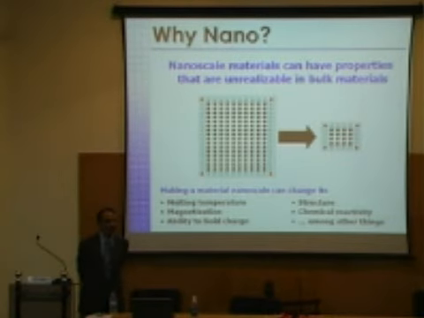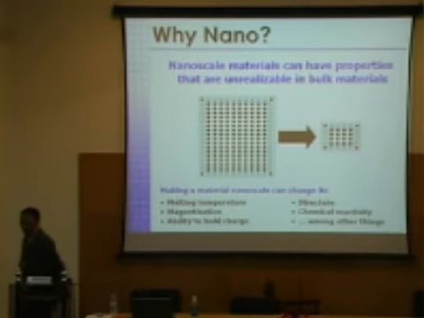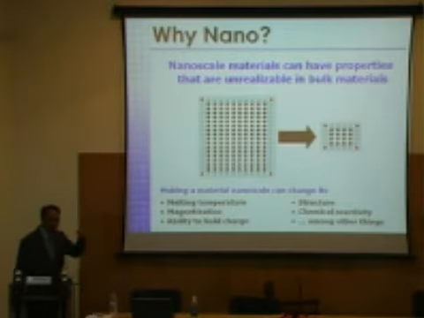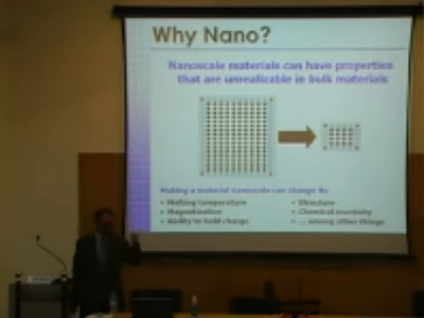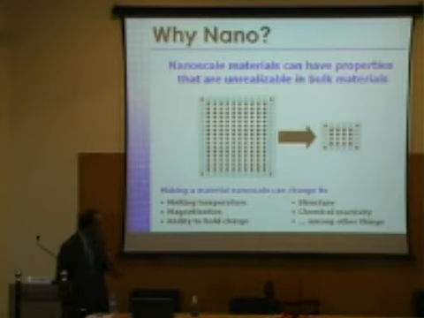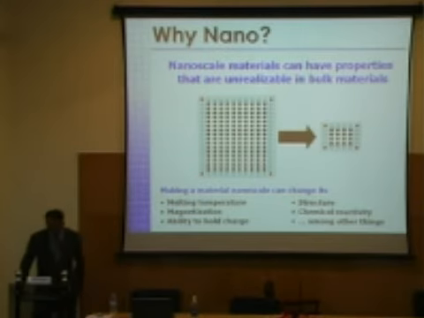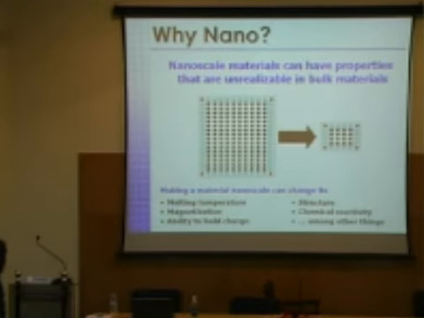But now we find you can play with the melting point of the material by changing the dimensions. Very recently, we have published some work on that area, that by reducing the dimensionality, we were able to show the DSC, DTA, the melting behavior of the materials, and there is no question about it. And also the magnetization. What is a ferromagnetic material in bulk may not be ferromagnetic when it is nano.